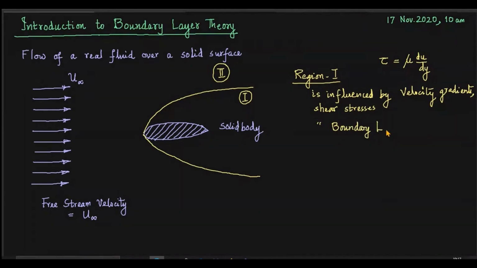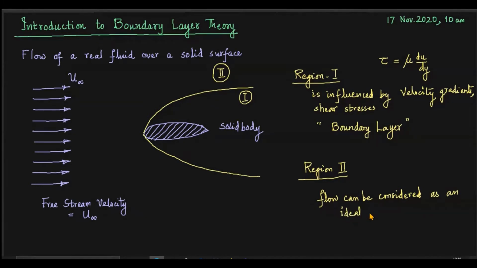Boundary layer, in fact, represents a friction layer. Region 2 is outside the boundary layer, and in that case the fluid is flowing in an unobstructed manner, considered as an ideal one, meaning not affected by viscosity, so inviscid or non-viscous.